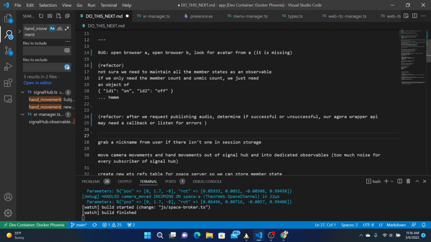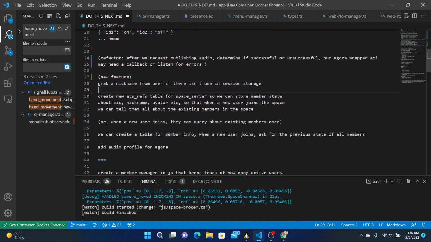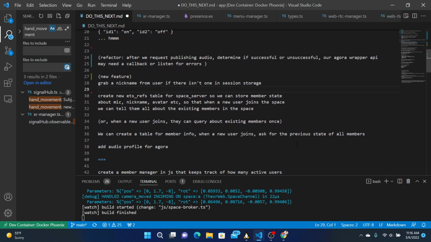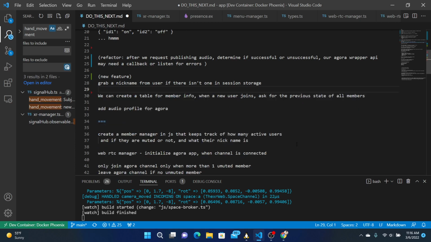Grab a nickname from the user. Okay, so new feature. Move camera movements and hand movements out of Signal Hub. Yes, I did that. Create new ets table for space server so we can store member state about mic. Yes, we did that. Or when a new user joins, we can query about existing members once. Yes, I did. Yeah, we can create a table for